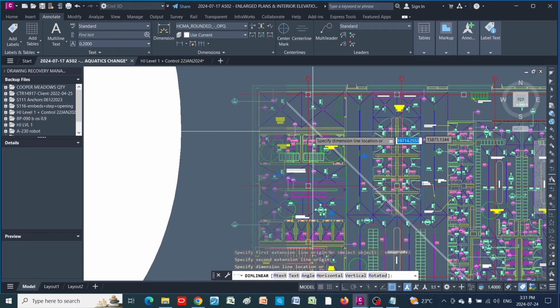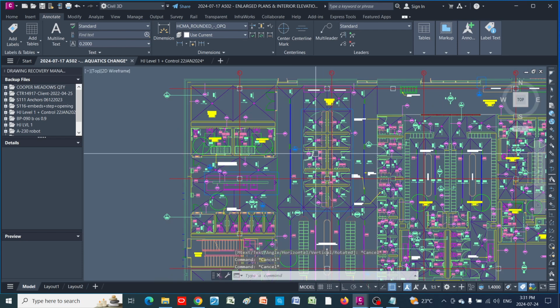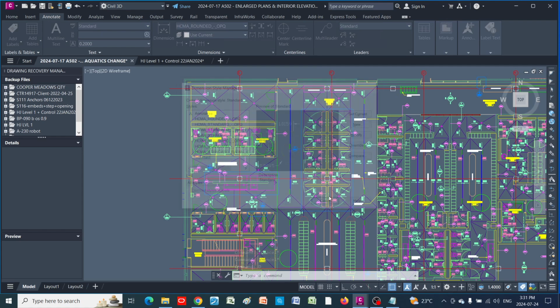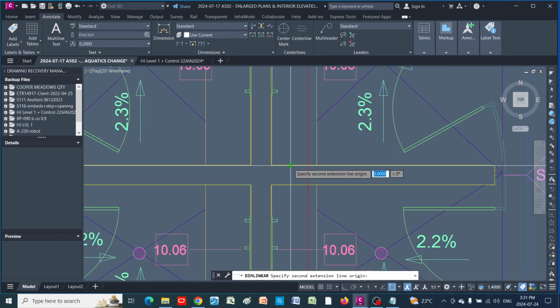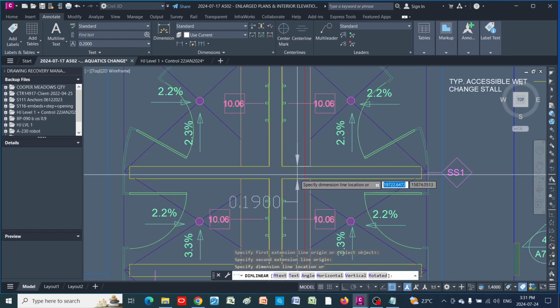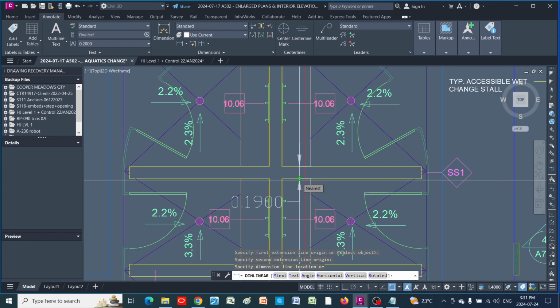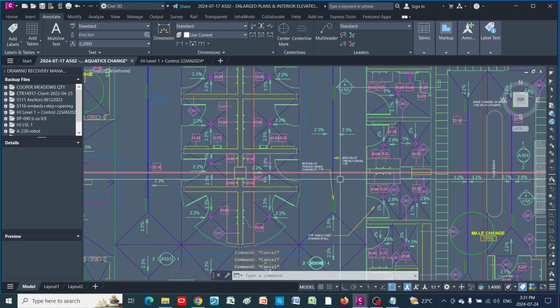Oh, wow. The dimension is messed up. Okay, I'm gonna use another dimension style probably. This one, set current. Okay, so this is 0.19 meters or 190 millimeters.